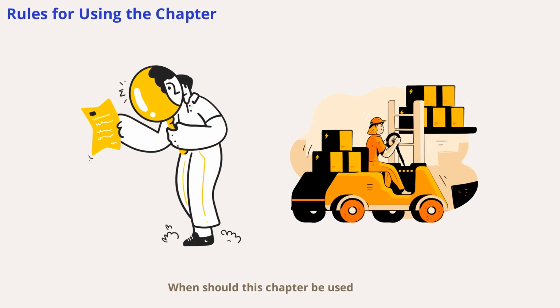And when should this chapter be used? If a person has a mental or behavioral disorder without a physical impairment, the outlined methodology applies. If the mental disorder is independently compensable, its impairment rating is combined with any physical impairment. However, if a mental disorder accompanies a physical impairment, psychological issues are usually included in the physical impairment rating, and this chapter is not used. These rules help ensure fair and consistent evaluations in legal and compensation settings.